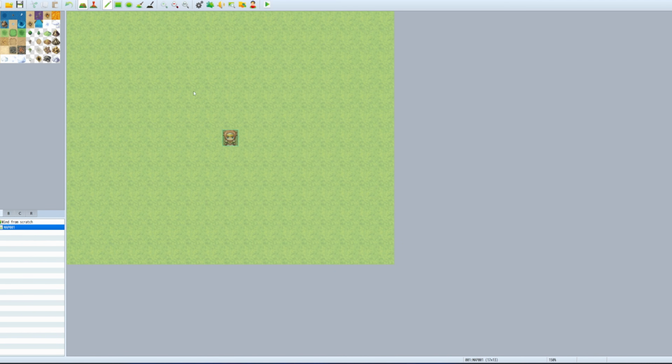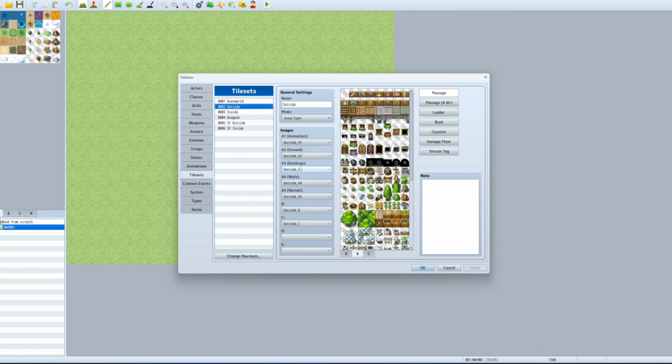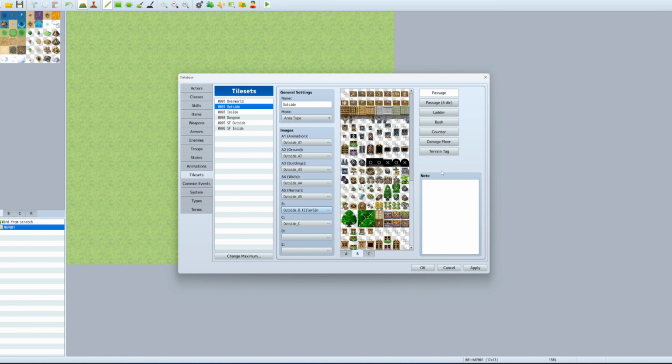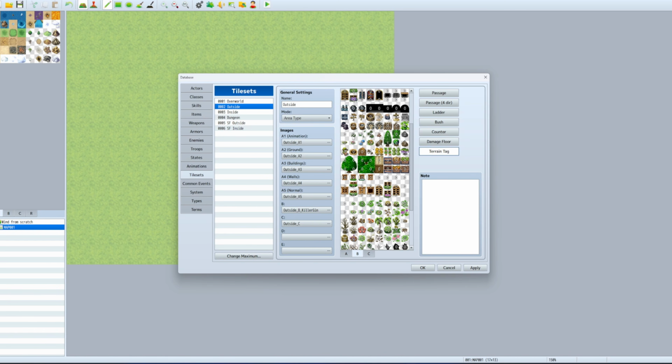Then I would go to your tile sets. I would switch it to B. Actually, B, I would change to the new one just because, like I said, I put grass on it. I have some more cool lily pads, and the trees match the images that I gave for examples. Terrain tag. So for example, you want to take this tree, do 1 and 2. I wouldn't use this one, and I wouldn't use this for tile sets, because anything that's more than 1 tile set wide, I would use events for. So you wouldn't use this. But everything else, like